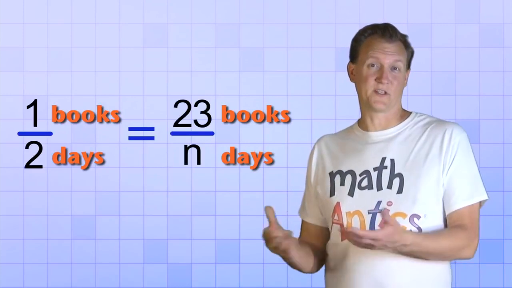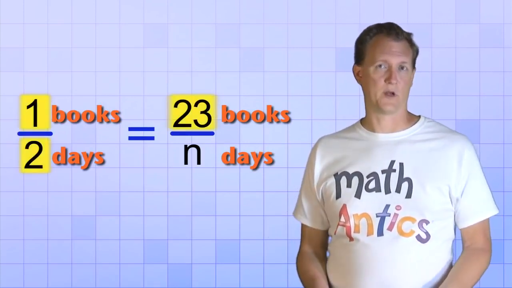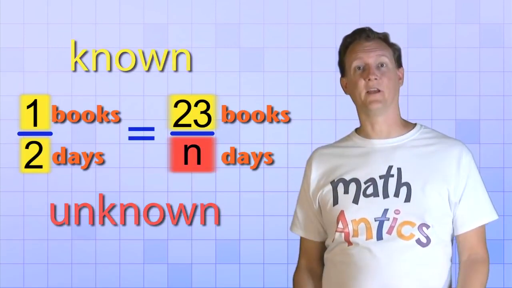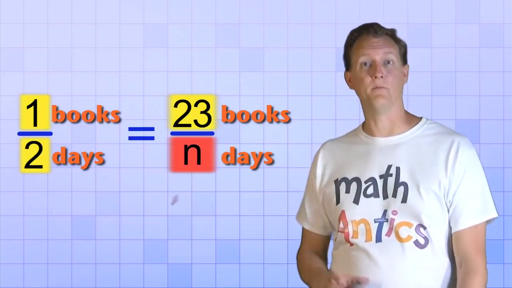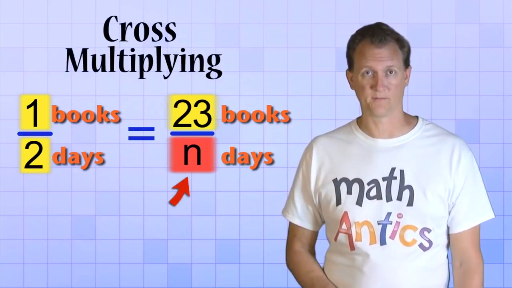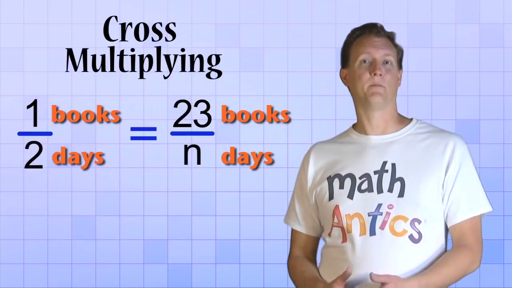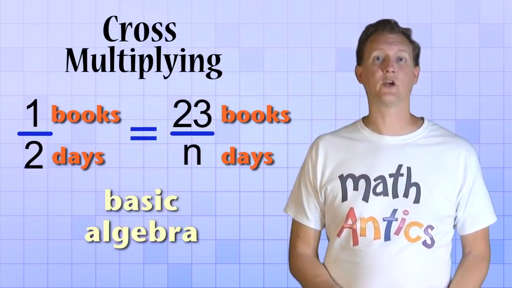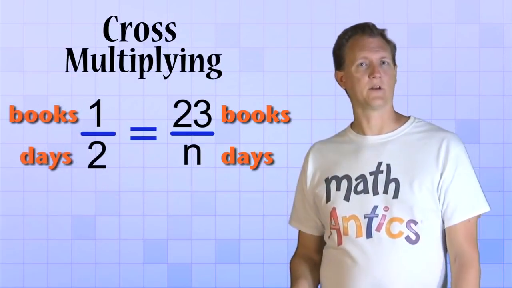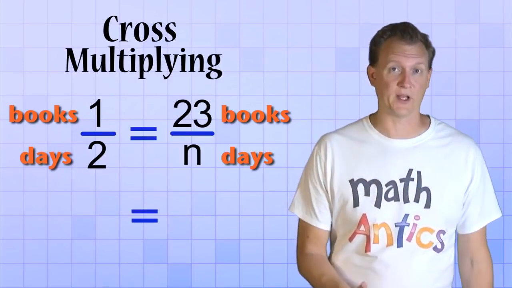This is how you'll usually see and use proportions in math. 3 of the proportion's numbers will be known, and 1 will be unknown. Fortunately, if you know 3 of the numbers, you can find the missing number easily using a procedure called cross-multiplying. Cross-multiplying is just a shortcut way of doing some basic algebra to rearrange our proportion so we can find the unknown number. To do it, we first start by writing down a new equal sign because